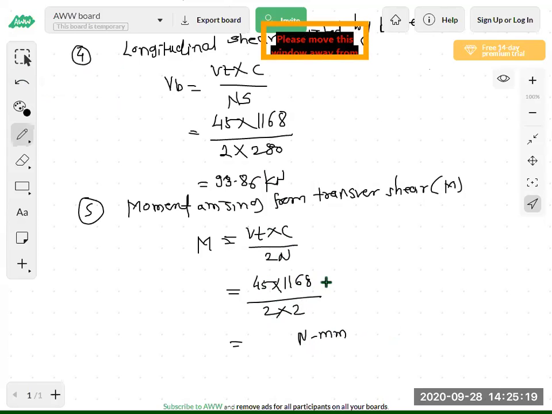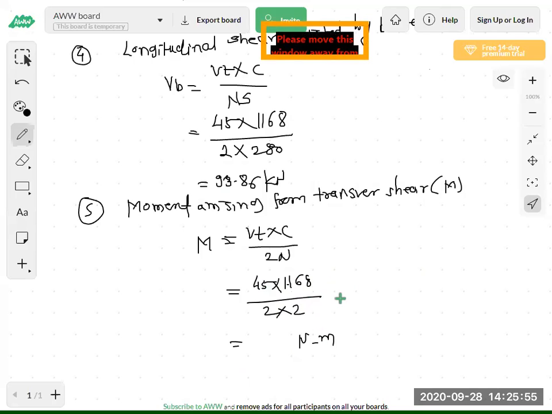meters. See this 45 is in kilonewton but this 1168 is in mm so here we can put 1.168 meter. Are you getting 45 into 1.168 meter means now it will be